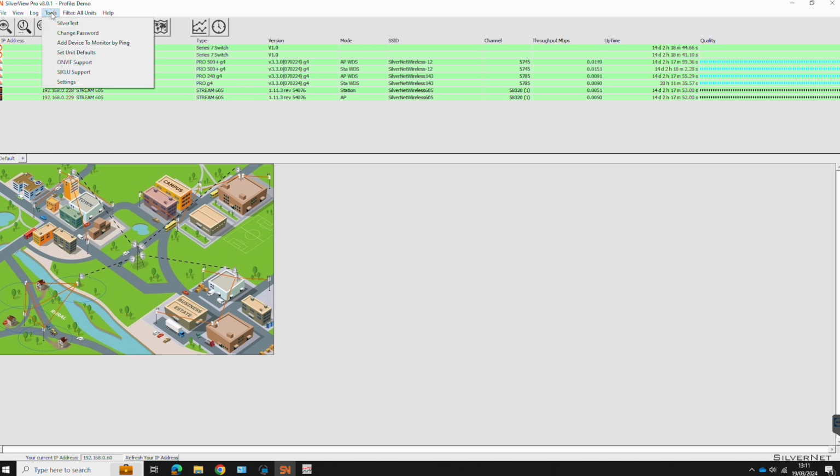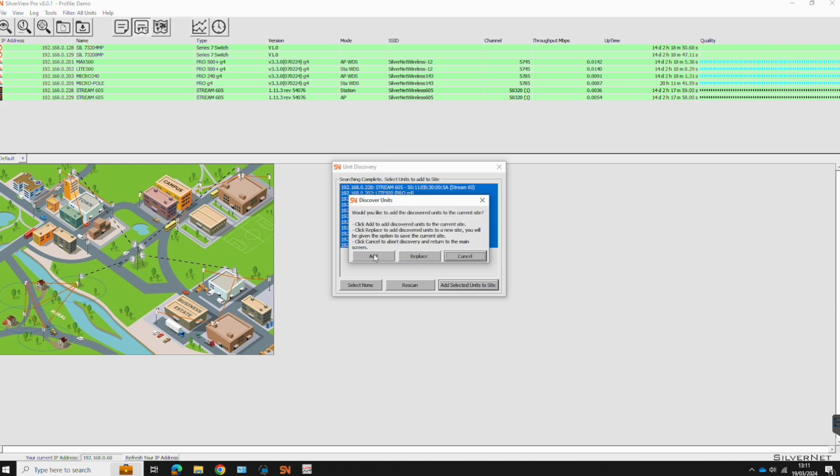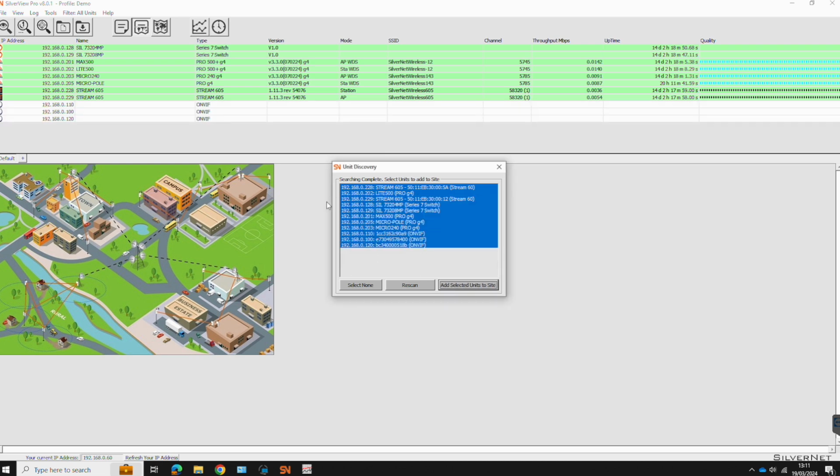Under tools, I can go down to ONVIF support, and I can do another discovery, and this should find all ONVIF cameras which are on the same IP address range as what I have on my current IP address. I can see my current IP address on the bottom, which is 192.168.0.60, and I found my radios here, my cameras here, which is 0.110, 0.100 and 0.120. So I'll add those,